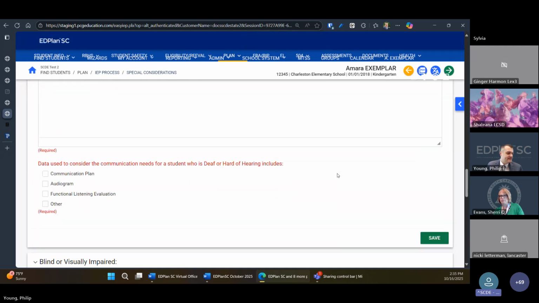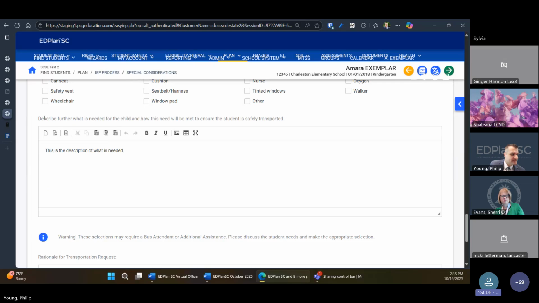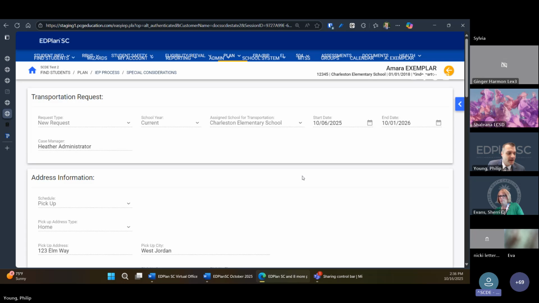If I scroll down to that section, the change here is that whatever I type in this box where it says describe further what is needed for the child and how this need will be met to ensure the student is safely transported is going to transfer onto the transportation request form. I've just typed that here, and then I'm going to click complete transportation request.